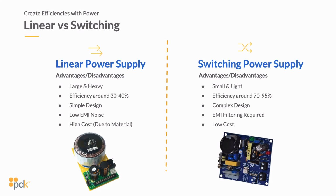The first one is a linear power supply is very heavy. You can use it to break windows. You can use it for many other things, but it's very inefficient. So if you look at its efficiency rating, they're typically running between 30 and 40% efficiency. It's a much more simple design, but one of the benefits of a linear power supply is a very low EMI noise. We're going to talk about noise in power in just a little bit, and I've got quite a few slides that will illustrate the different types of noise in power. But it's typically a higher cost in some cases than a switching power supply because of the amount of material